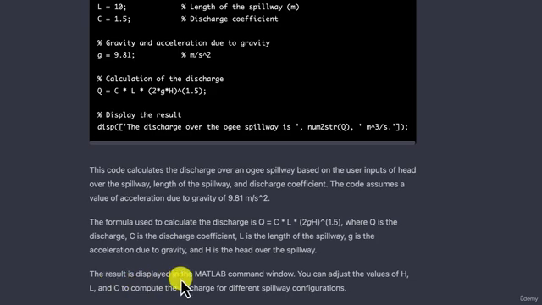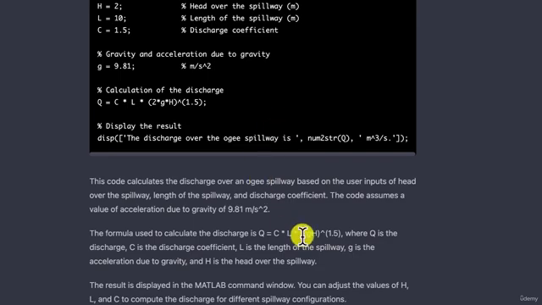The result is displayed in the MATLAB command window. You can just adjust the values of H, L, and C to compute the discharge for different spillway configurations. Depending on what kind of configuration you are working on, you can just adjust the values of these parameters to